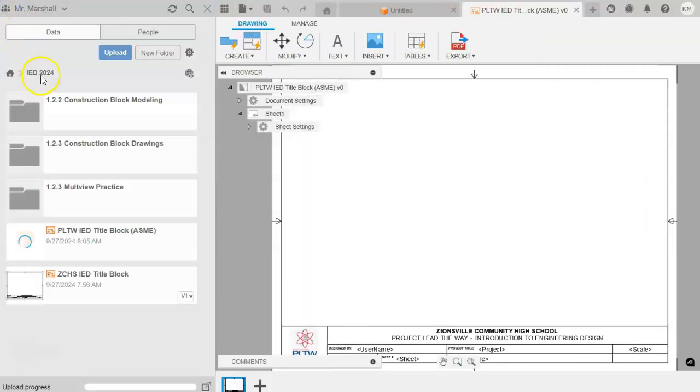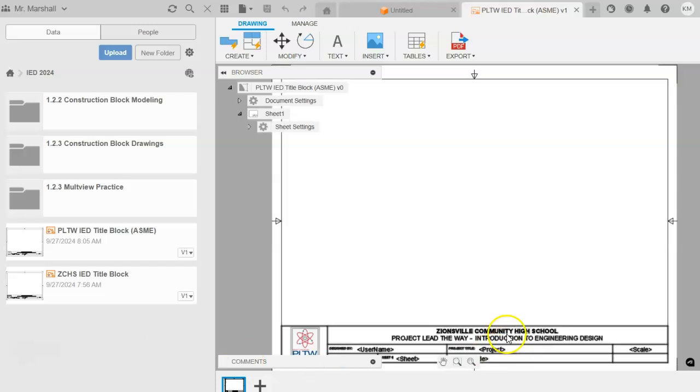I can even open up my menu, and there you'll see I have the Zionsville one, and now our new title block is saving as well. So I've got two to work with, and that is what I wanted to show you, is just how to use your daily calendar to access that file and save it to your project here in Fusion